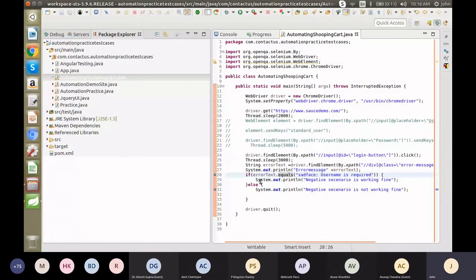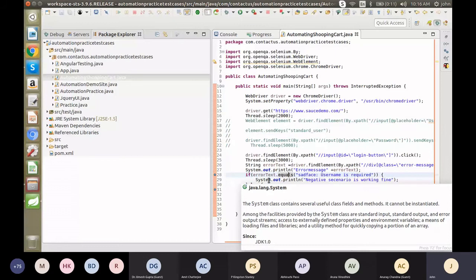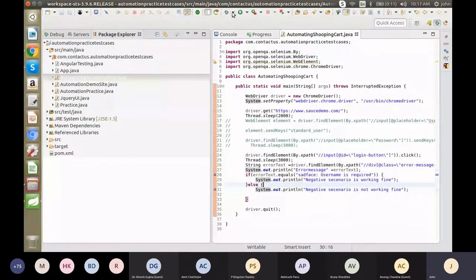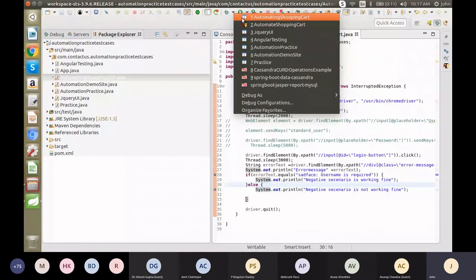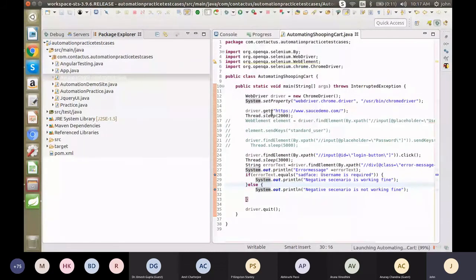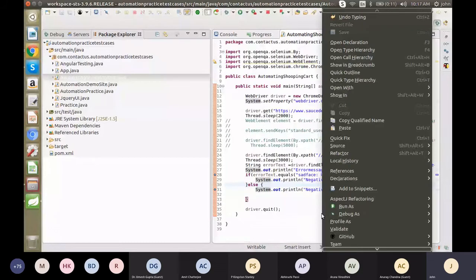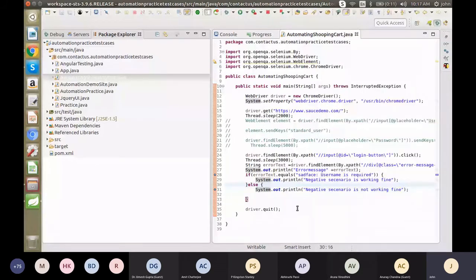So this is the way you have to put the breakpoint. Whatever you have to test, at line number 28 we have to debug the scenario. So why is it going to the else part? So you have to start with debug application. Here you can see the debug option. You have to start with debug and then click. So it will run in debug mode. Then we'll see what values are coming, and why it is going to the else part.